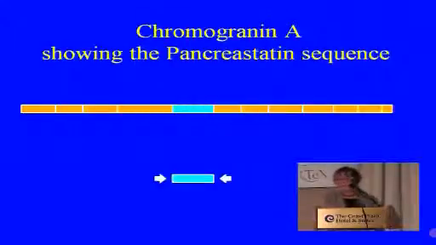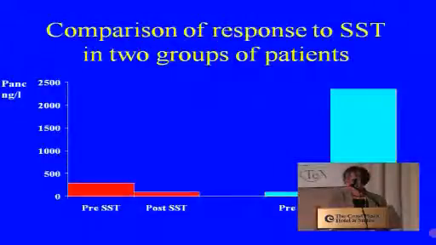But if you use an assay that measures either end, so in other words, you have to have free pancreastatin in the circulation, and you're not going to measure it in the whole molecule, you're only going to measure it when it's broken up and it's circulating free, then that can give quite interesting results. And we've worked that out to be a very good prognostic indicator.